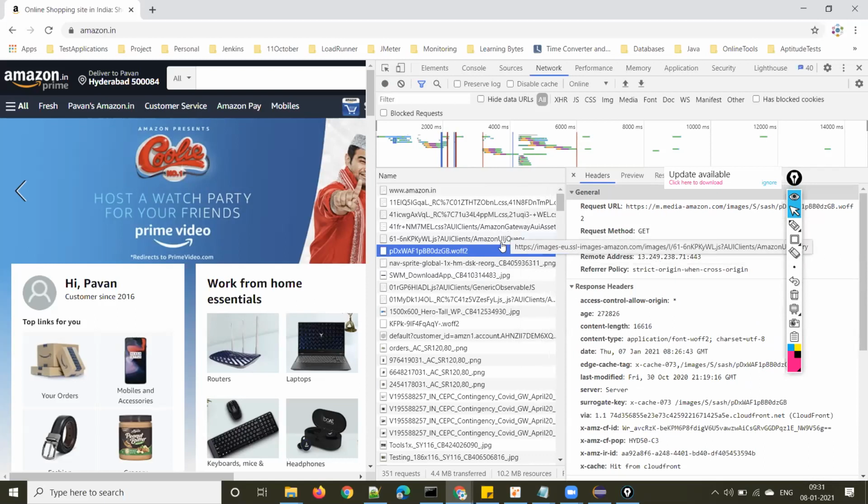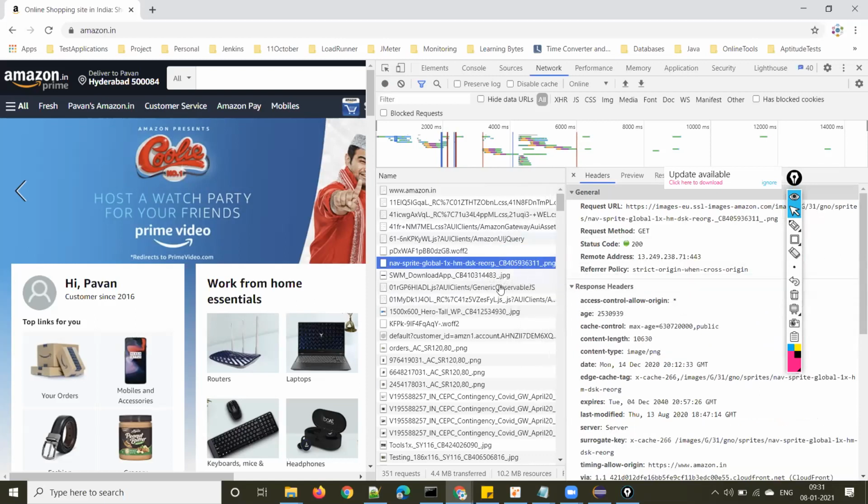Number of sub requests. The total number of sub requests, those are called hits. Hits are nothing but the total number of sub requests for the page components. We can say page components because it is not one resource, right?